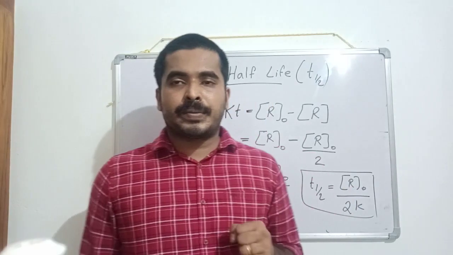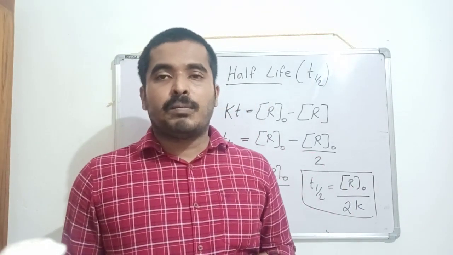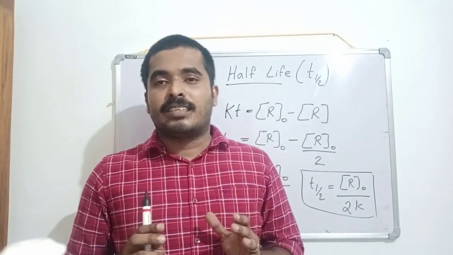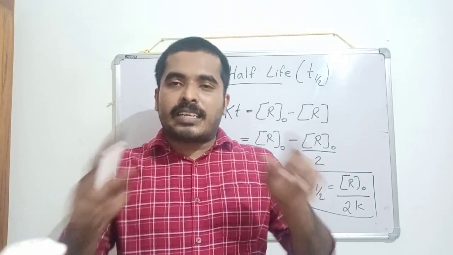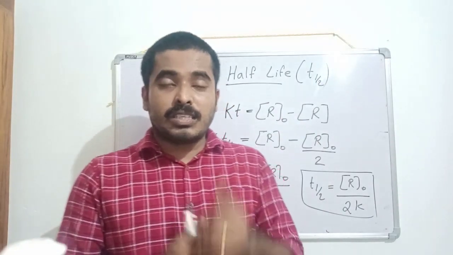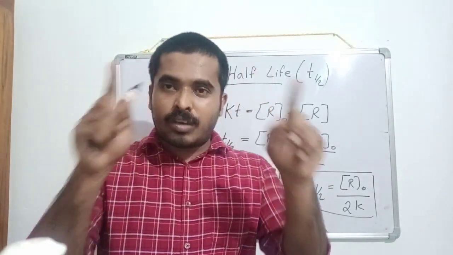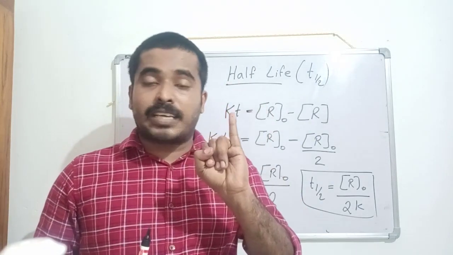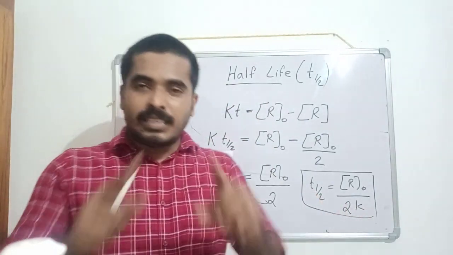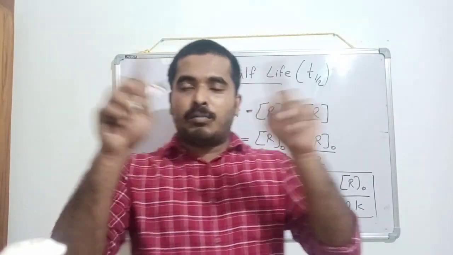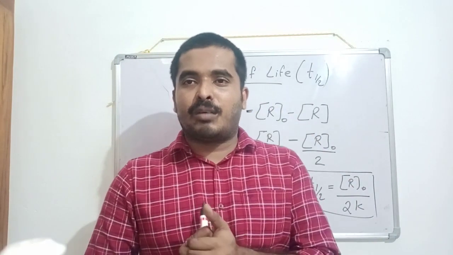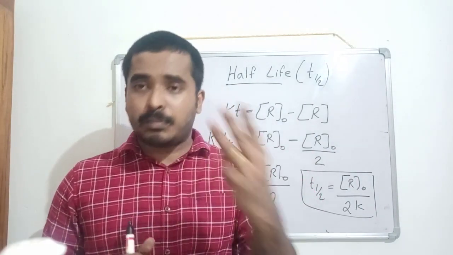Okay, so dear students, I want you to do something. Please write these three things in a box. Give special highlight because that's very important. And that portion you take a photo and send it to me. Let me see how many of you are doing like this. So you write zero order reaction and then write the integrated rate equation Kt equal to R0 minus R. Then 2, draw the graph. Then equation for half-life. These three things together in one page. Box it, highlight it and take a photo and send it to me. Because these three are that much important.